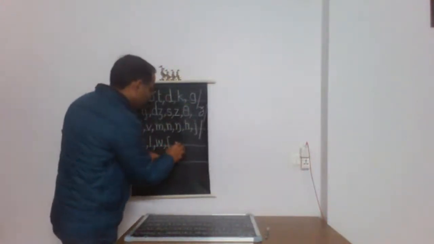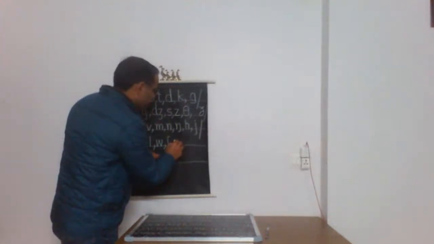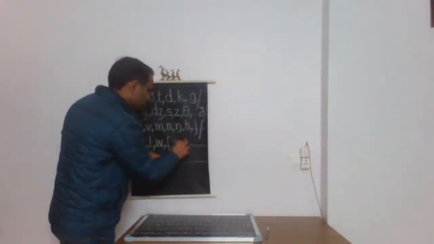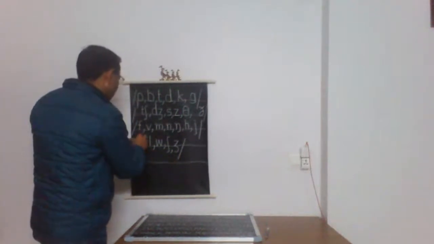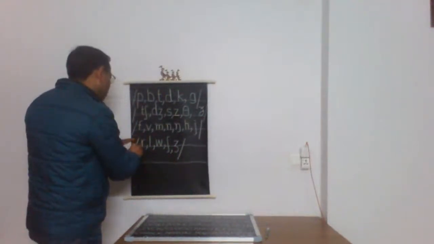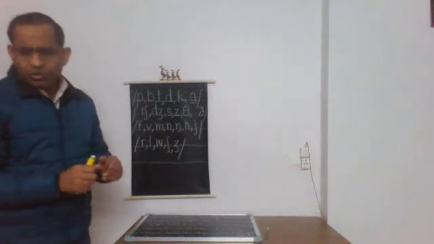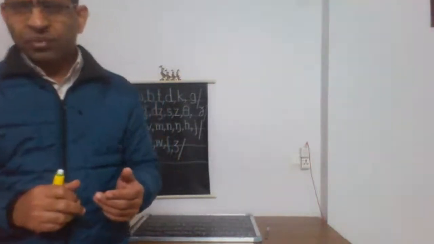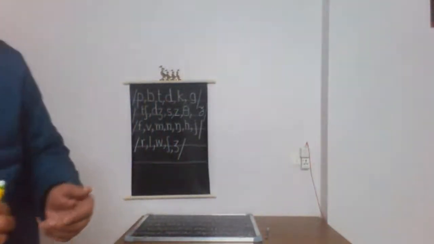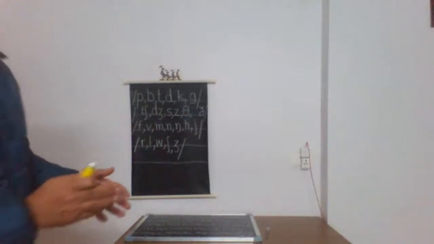And the 24th sound is j. So these are 24 consonant sounds, and now we can use these sounds